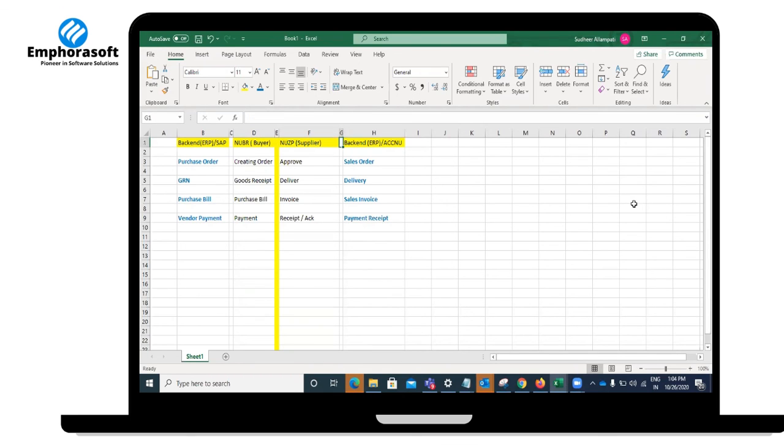In this way, if you go back to our previous Excel, I showed you that for the ERP integrated to the supplier, the sales order, delivery, invoice and payment receipts are automatically getting created. Similarly, for the buyer, you can observe the purchase order, GRN, purchase invoice and payments get created. In this way, whatever the ERP or backend system is, the procure-to-pay platform seamlessly integrates, and operations-wise we can improve like 50 to 60% by creating almost every transaction through integration.